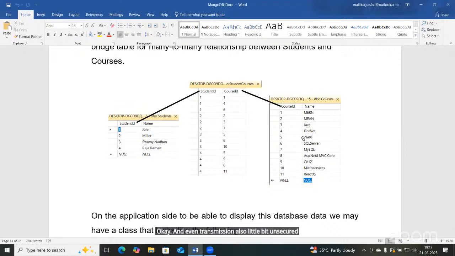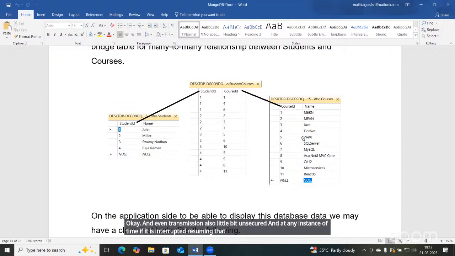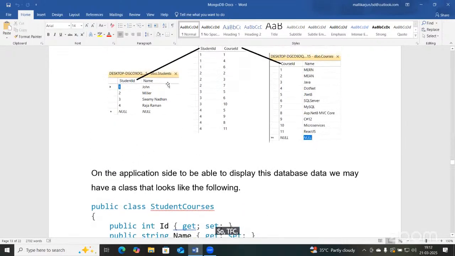And at any instance of time, if it is interrupted, resuming that transmission and finding the data which is skipped or which is not transmitted, which is missed. Okay, it is again a biggest lengthy process. Okay, complex process. So here, to encapsulate all this data together as one unit, through an OOPs concept,